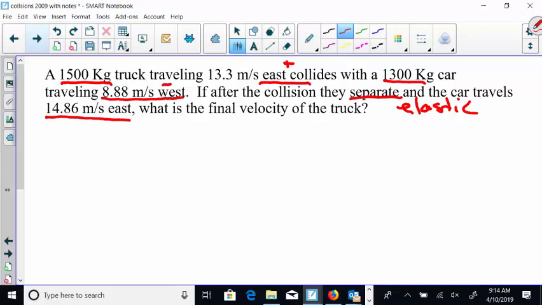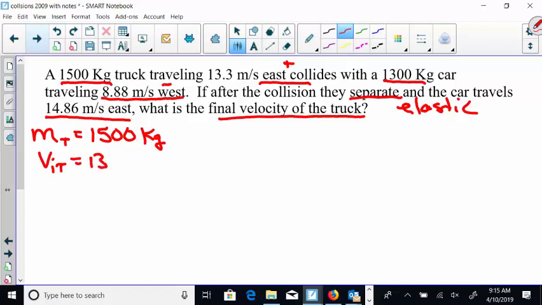We want to know what the final velocity of the truck will be. I will tell you that it is very important that you keep track of everything by writing givens down. Bookkeeping with givens becomes important. So the mass of the truck is 1,500 kilograms. The initial velocity of the truck